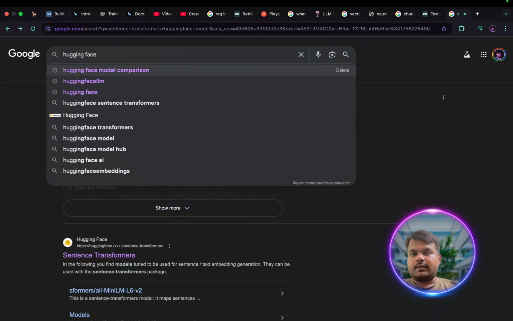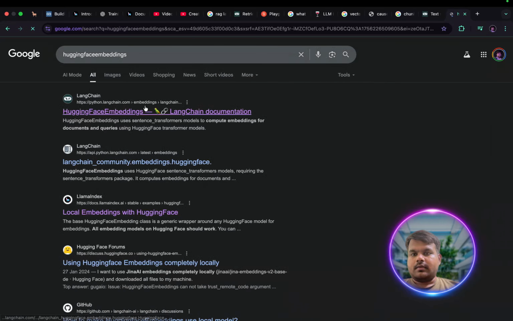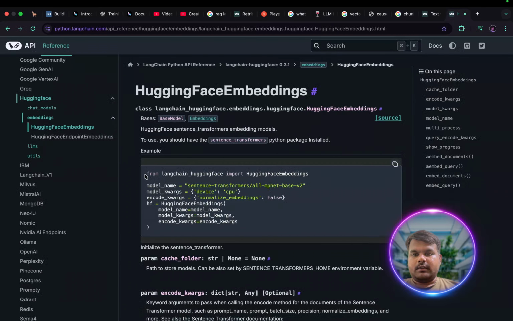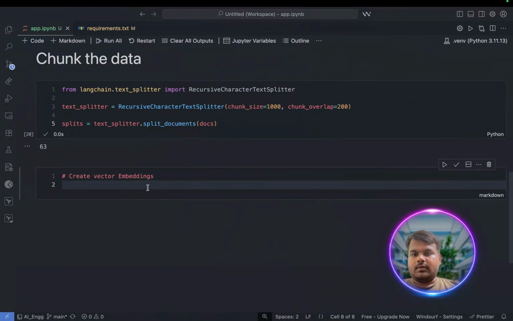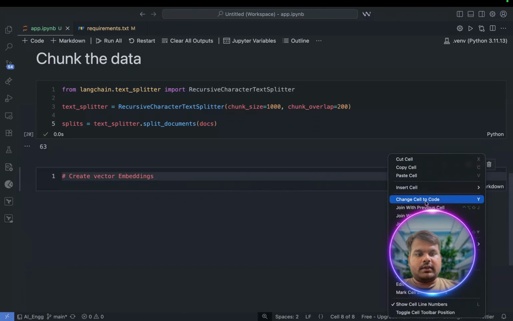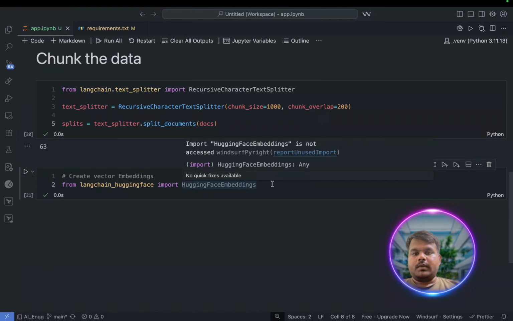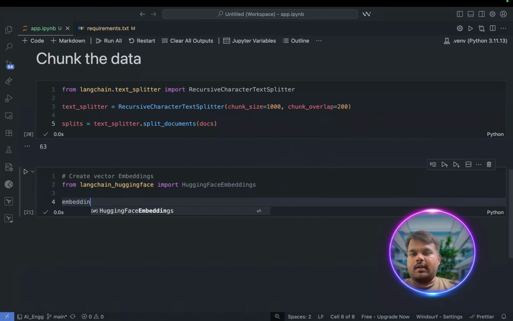Hugging Face. We have this thing. We can take it from here, not here. This we can convert into the cell, change cell to code. Okay, and now we paste it here. So it is working. So our embedding model,